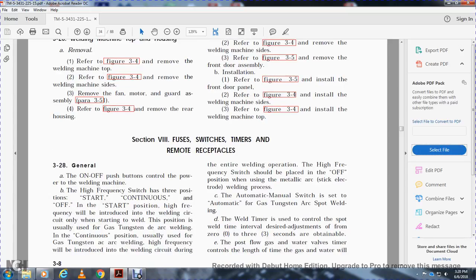Section 8, fuses, switches, timers, remotes, receptacles, general. The on and off push button controls the power of the welding machine. The high frequency switch has 3 positions. Start continues with an off, with the start position, the high frequency introduced into the welding circuit only